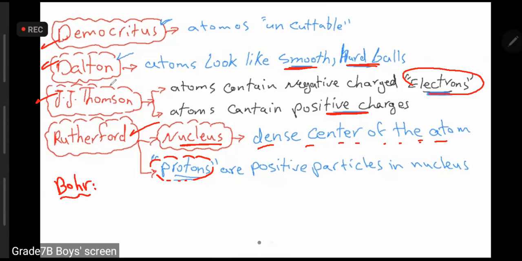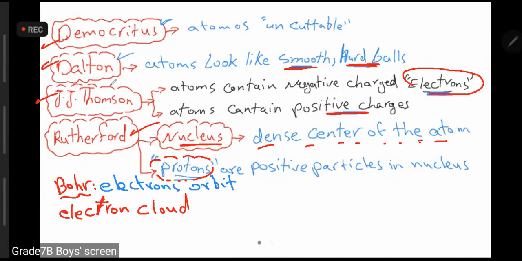that said that the electrons orbit around the nucleus. Then came the electron cloud model that said that the electrons are moving in a cloud-like region around the nucleus. Now, next we spoke about